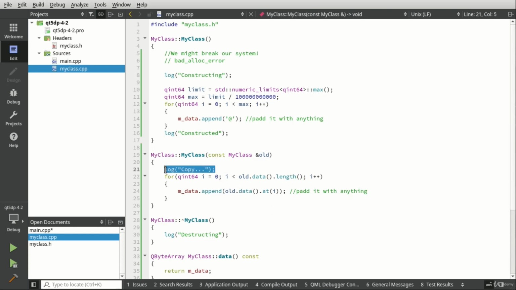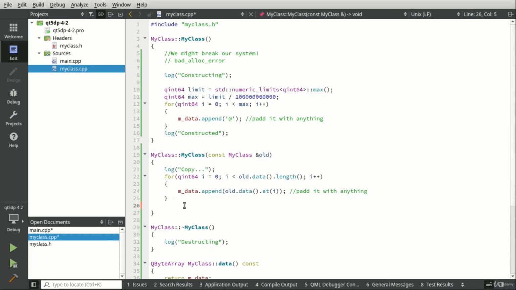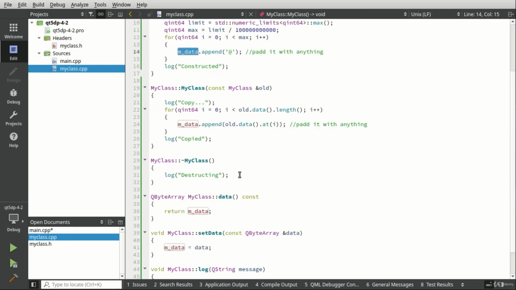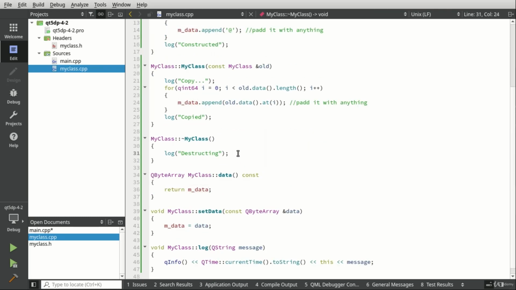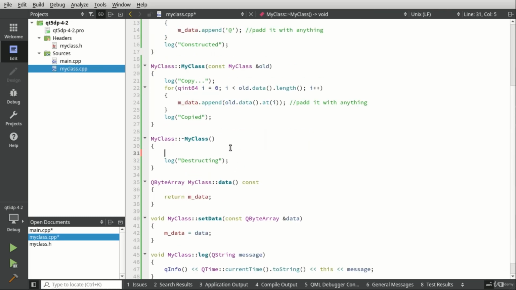And then I'm going to log out that we have copied this. So really what we're doing here is we are creating a class, making some data. We have a copy constructor so we can make a copy of this object, and the data will go with it into our copy. And we are just pretending this is a much more complex data type than what it actually is. And because we're destroying this, let's go ahead and say